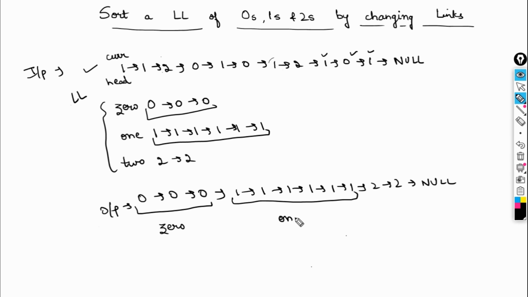So this is my one linked list, right? The linked list one. And then I have 2 twos which are contained inside this 2 linked list. So let's take it like this. Now what I need to do, if we'll do one thing here, if we'll attach all these things, like attach